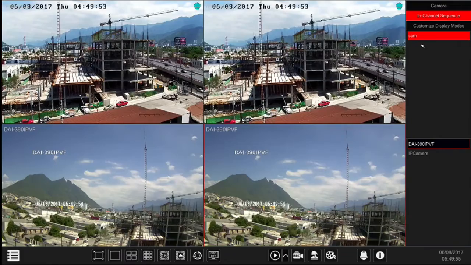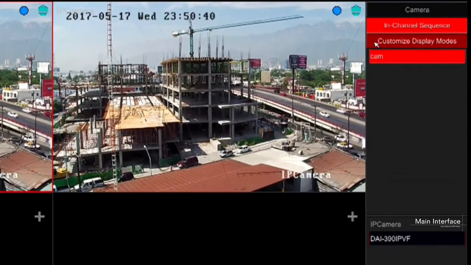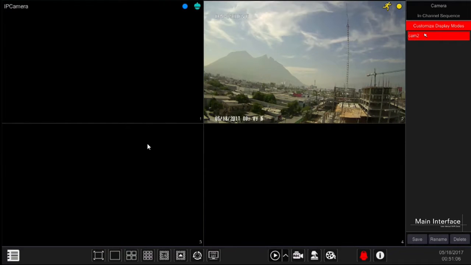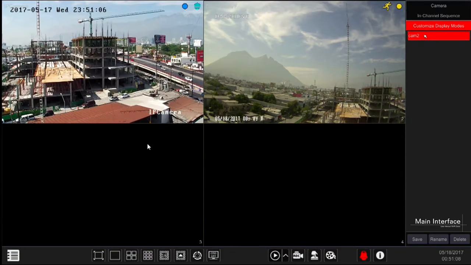view in that window. Customized Display Modes tab allows you to save a layout of cameras just the way you like it, so it will always be available. First, set the camera layout as you wish and then save it. Double-click on the desired display preset from the list to activate it. Now that we are done with the main interfaces, let's go to one of the more sophisticated features of the